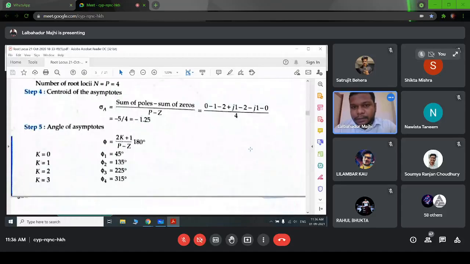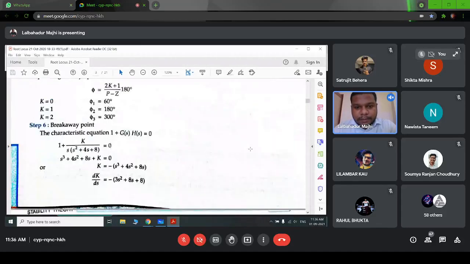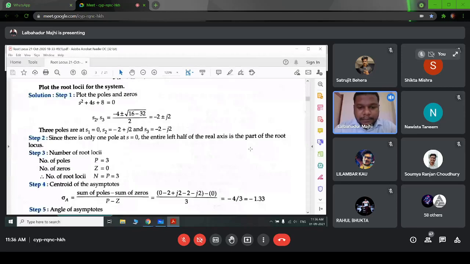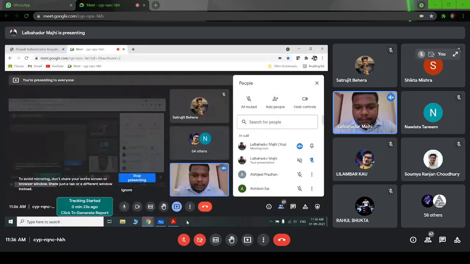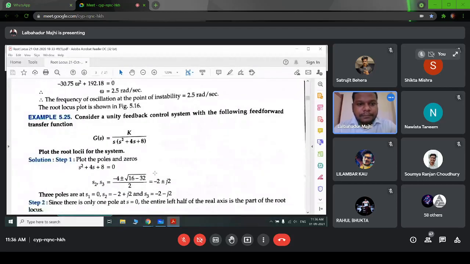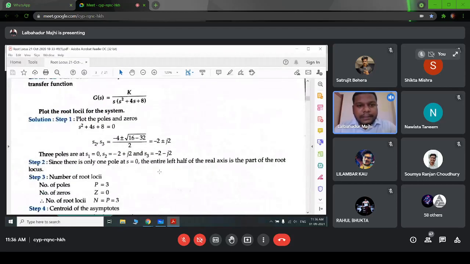Plot the root locus. We solved a complex example yesterday, so let's go through some other examples. Let's say in this example we have the transfer function g of s,